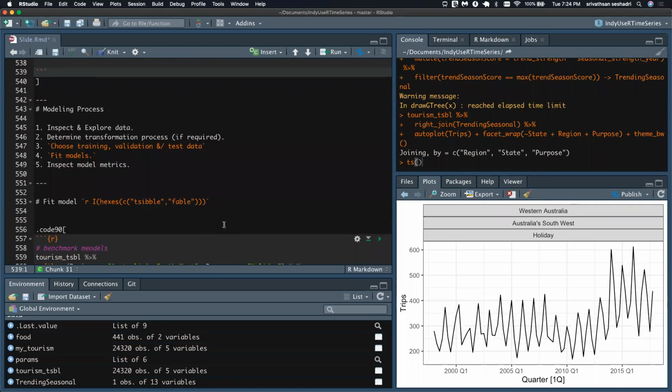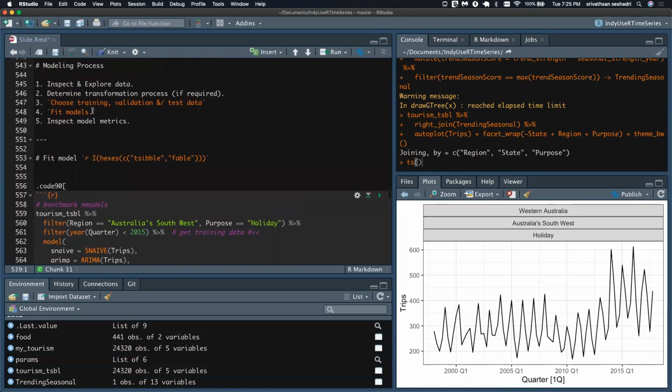Now comes the fantastic part if you're into hands-on modeling. Any modeler would now start to think about, okay, now I've explored the data, now I've made the necessary transformations. Now I have to think about what is my training set, what is going to be my validation and test set, right?